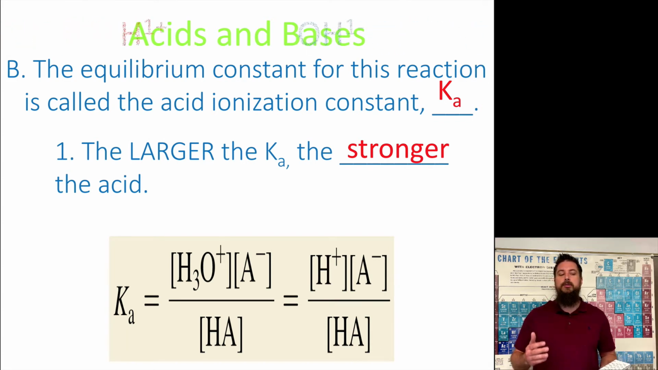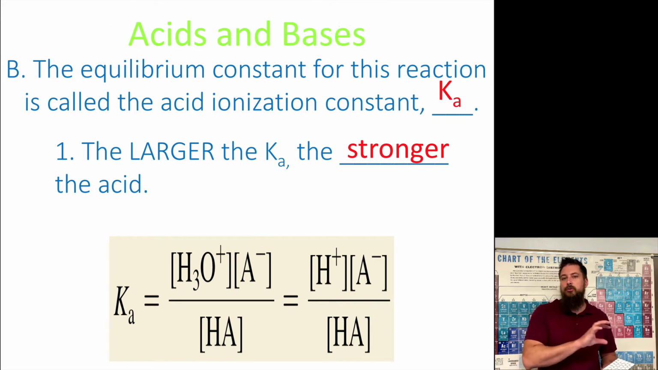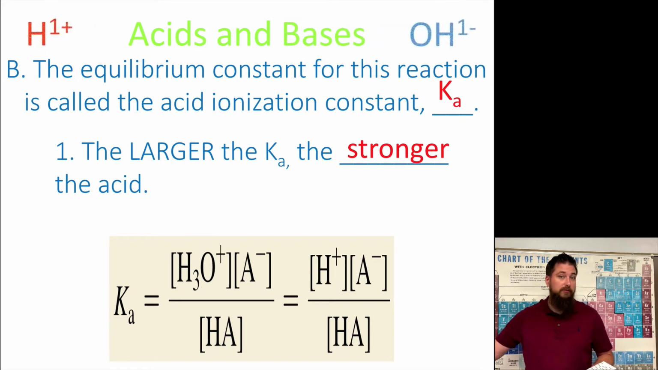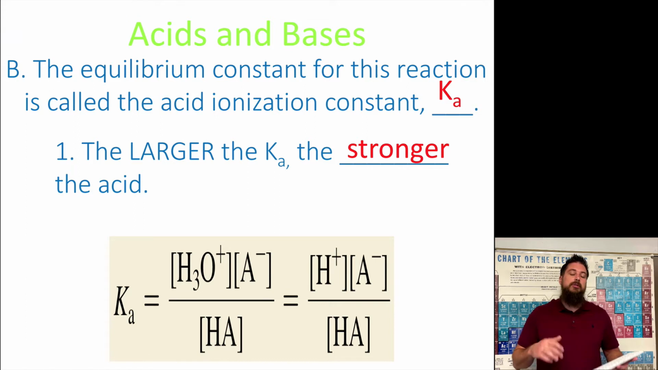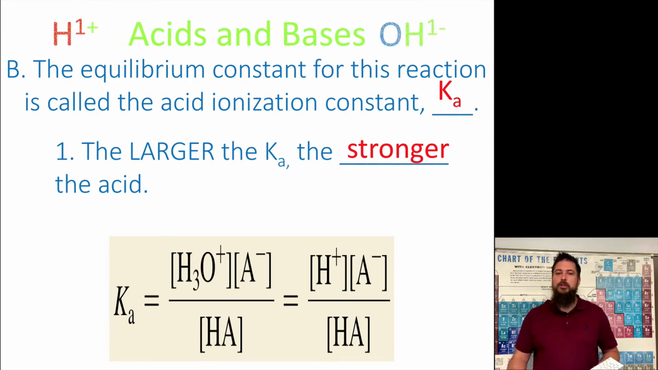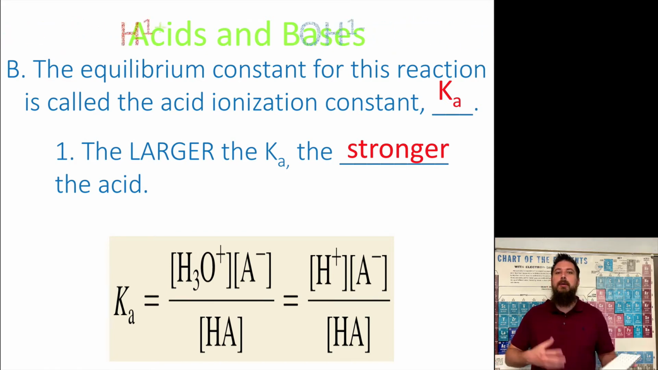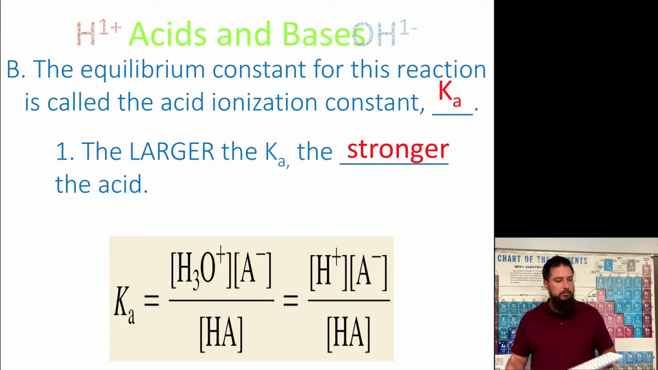Because if you think about it, what is the K value? It's product over reactant. And so if you have something that is going to give off a lot of hydrogen, where it's going to favor giving off hydrogens, it's going to be a strong acid. Now, on the other hand, a weak acid is something that does not want to necessarily give off its hydrogen. It's going to want to hold on to its hydrogen more. It will give it off occasionally. It will give off the hydrogen, but the amount of hydrogen that's given off is smaller, and so it's a